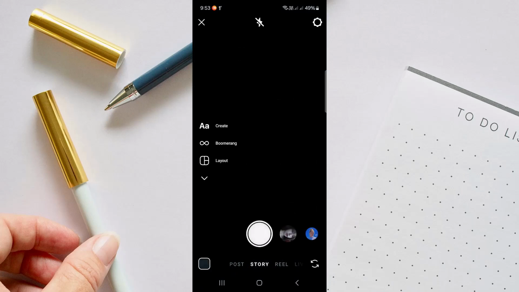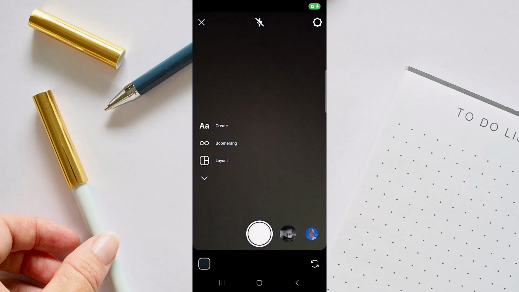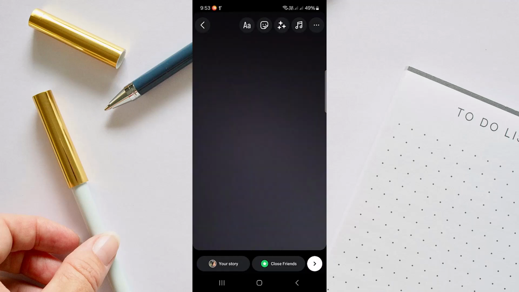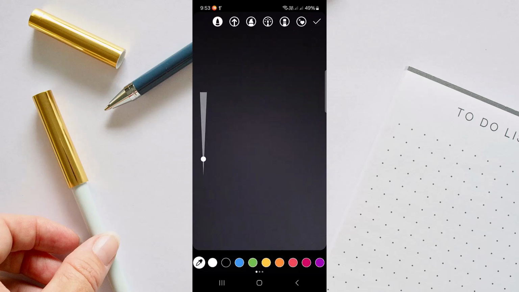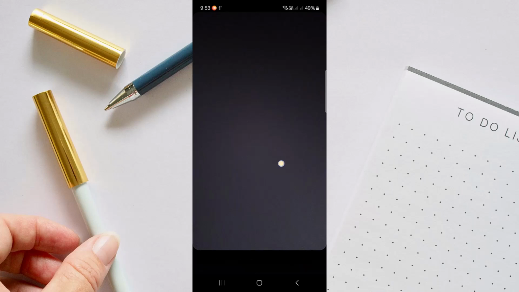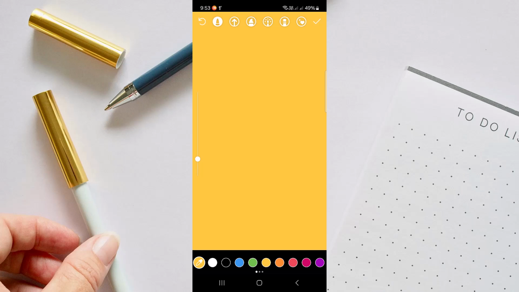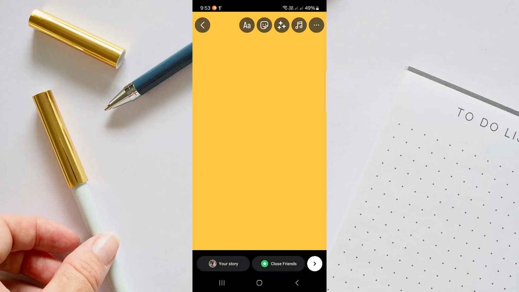then go to the camera and click any picture and then tap on the three dots on the top right. Now tap on draw. Now select any color you want. Suppose I'm selecting this yellow and keep tapped on the screen. And once it is fully done, tap on the tick mark on the top right and the background color is